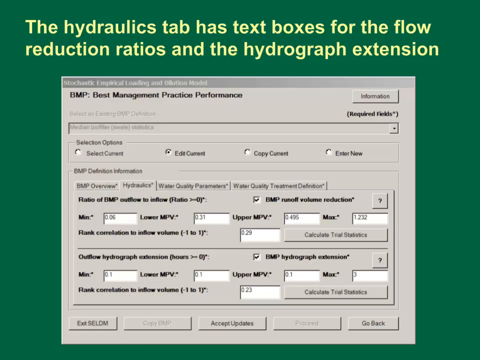The rank correlations to inflow volumes for both variables are unitless values which must be in the interval from -1 to 1 inclusive. The question mark buttons provide information and definitions. The Calculate Trial Statistic buttons calculate the average, standard deviation, skew, and selected percentiles of the theoretical trapezoidal distribution that has the input values. New values or changes to existing values are not saved until you click the Accept Updates